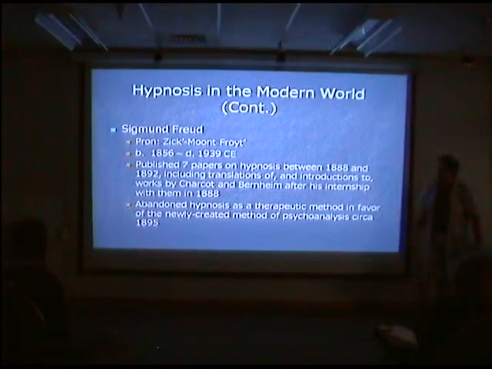So he did that. However, he abandoned hypnosis as a therapeutic method in favor of his newly created method of psychoanalysis in 1895. He abandoned it for 2 reasons. Number 1, because only 1 out of 5 could be hypnotized. And number 2, he discovered from using hypnosis that people were very easy to manipulate. He could implant false memories. He could have them do things that they would not normally do. He could change their moods. He could do all of these things, and he saw that he didn't intend to do any of these things. He just inadvertently did all of those things.